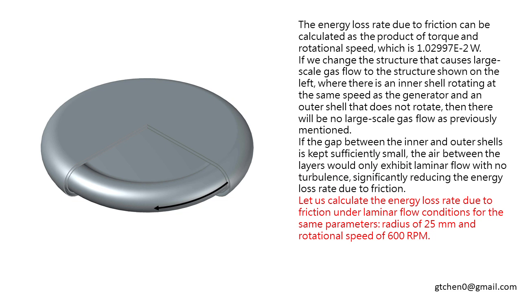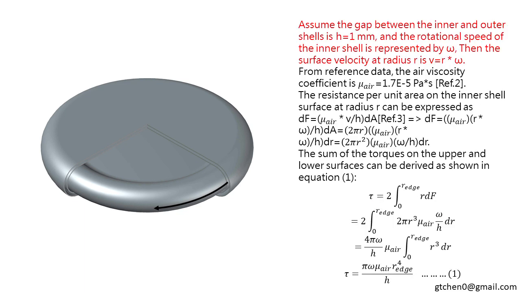Let us calculate the energy loss rate due to friction under laminar flow conditions for the same parameters, radius of 25 mm and rotational speed of 600 revolutions per minute. Assume the gap between the inner and outer shells is h equals 1 mm, and the rotational speed of the inner shell is represented by omega. Then the surface velocity at radius r is v equals r multiplied by omega. From reference data, the air viscosity coefficient is mu sub air equals 1.7 times 10 to the power of -5